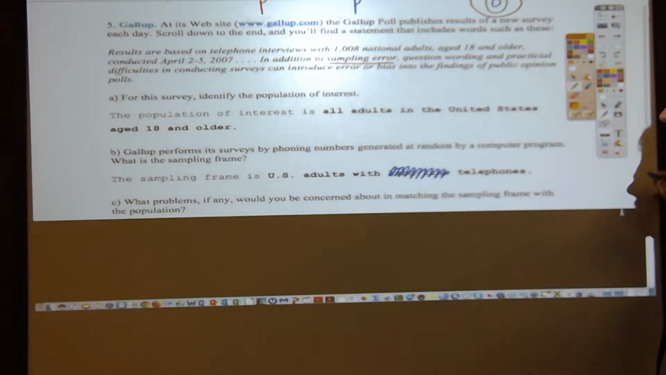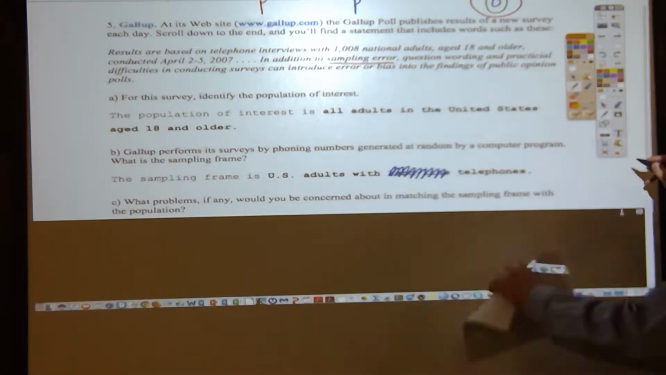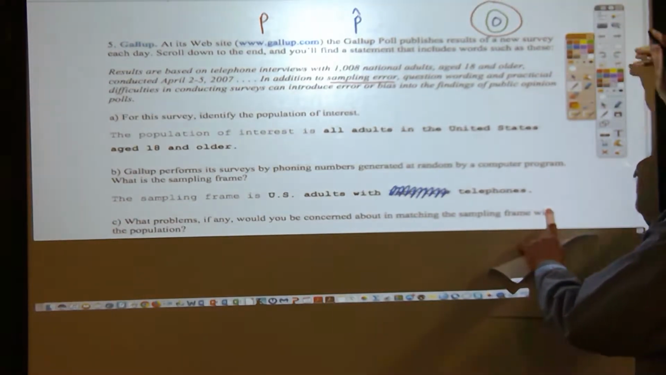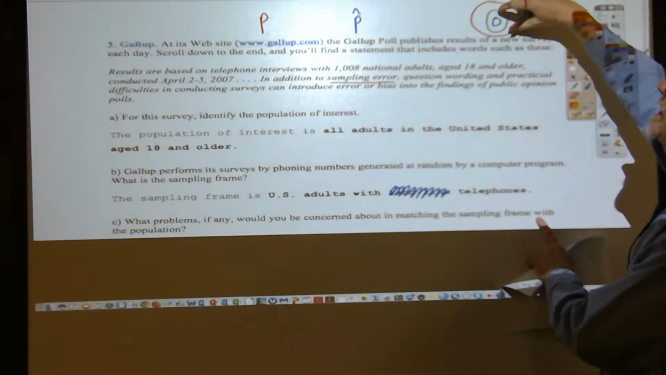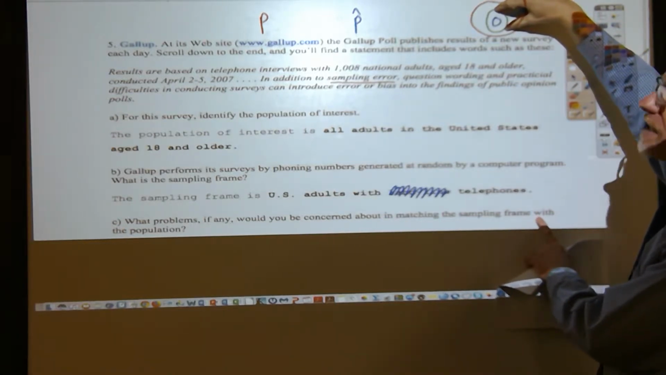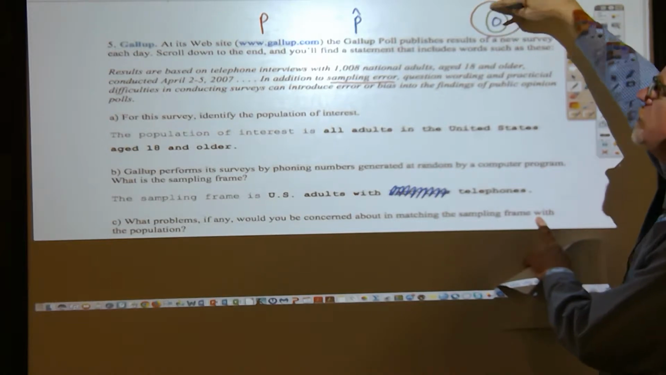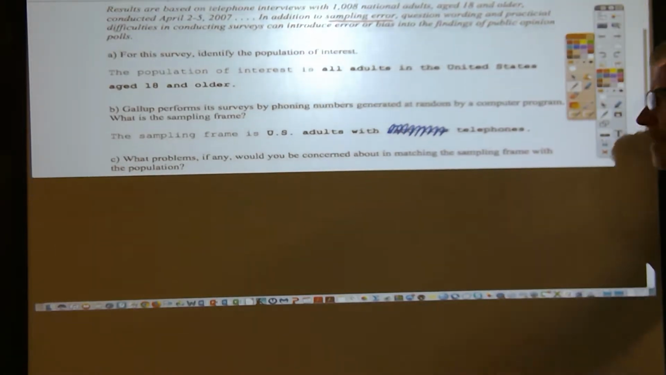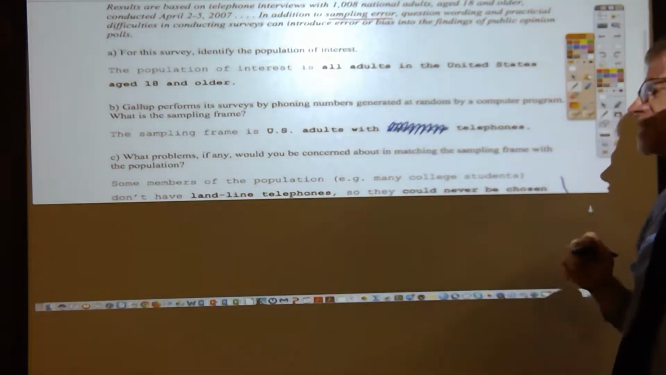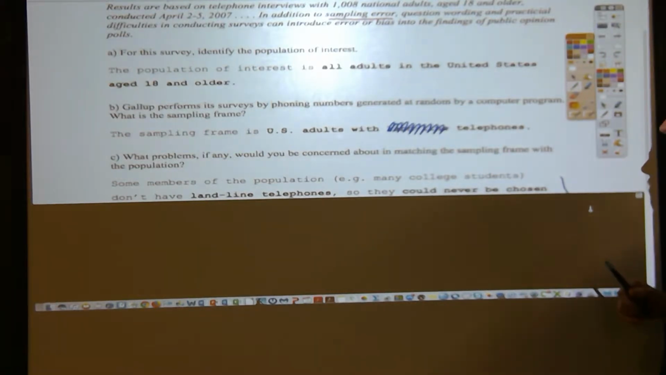Now, what problems, if any, would you be concerned about in matching the sampling frame with the population? I mean, hopefully, when you're designing a survey, you want the sampling frame to match the population as much as possible. You don't want there to be this huge gap. But there are some potential problems. Some members of the population, for example,